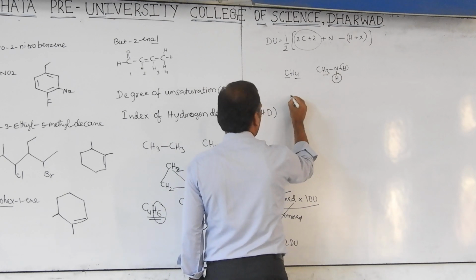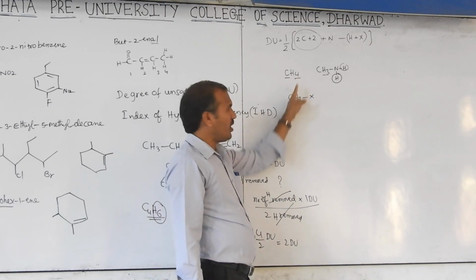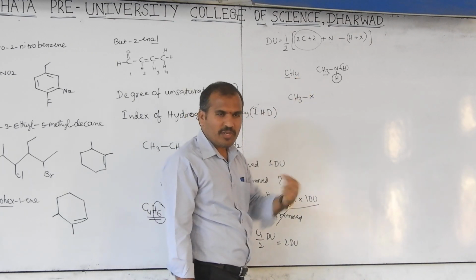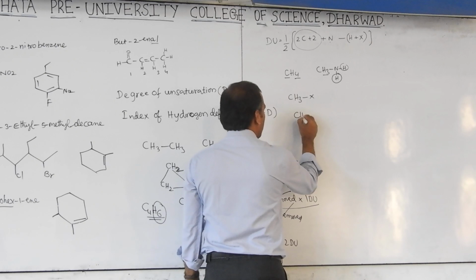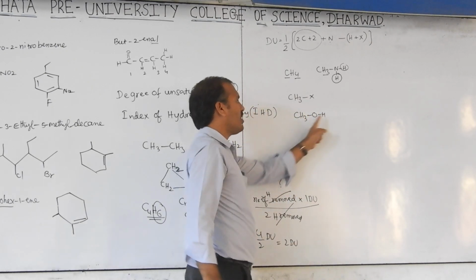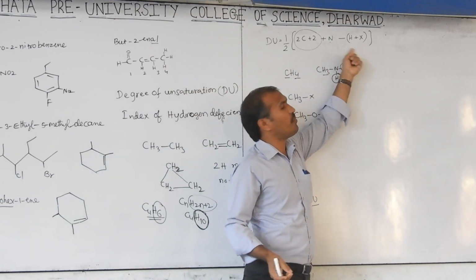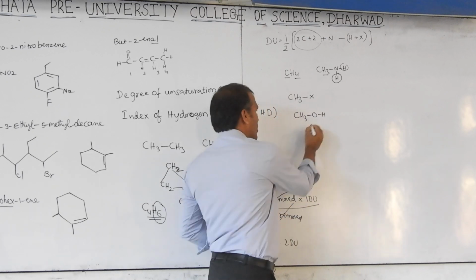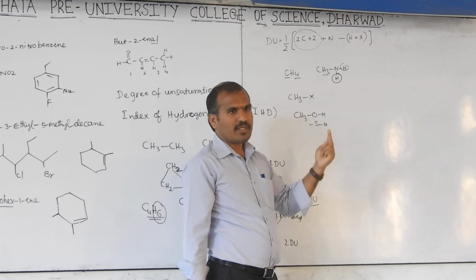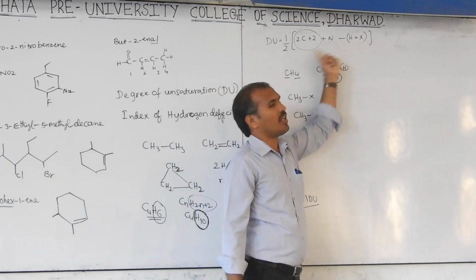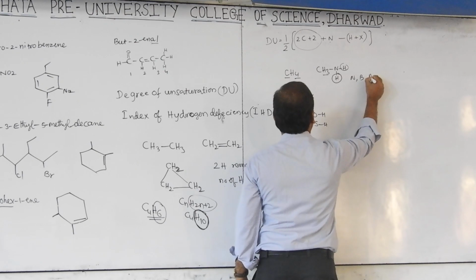Next, if you take the halogen, CH3X, how many hydrogens are there? Then what happens when halogen is present? 1 decrease. That's why minus. If an oxygen group is there, 3 plus 1, is any change there? No, the oxygen atom does not appear. Clear? Sulfur also, then what is there? No change. Sulfur, oxygen, which means divalent atoms do not appear here. Trivalent atoms like nitrogen, boron, aluminium do.